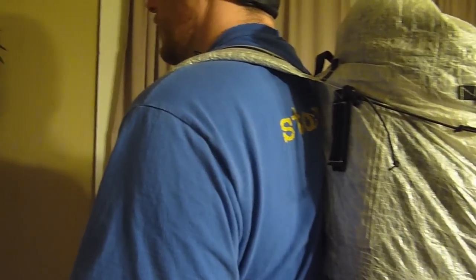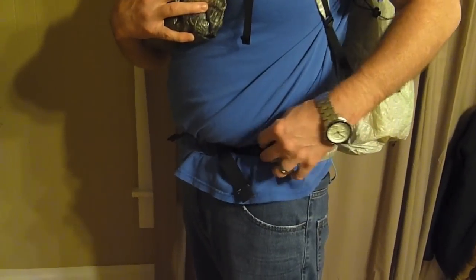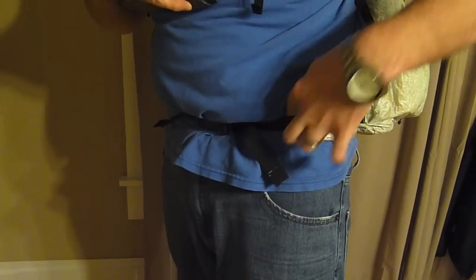And then there's the other side there. Okay. Next I want to talk about the hip belts. Now I'm going to say, considering this hip belt stops right here, which is the bony part actually goes out